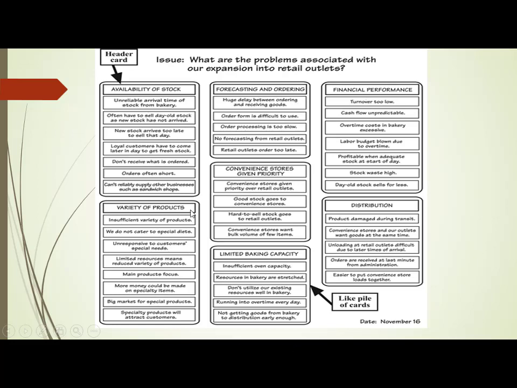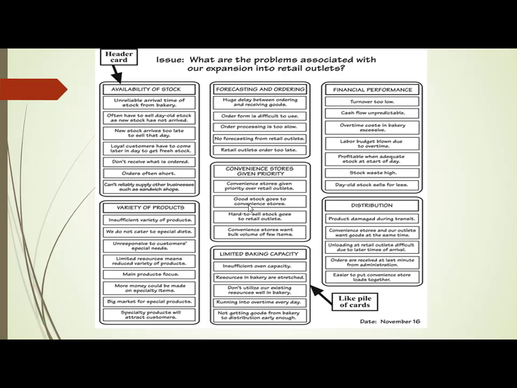So what is that affinity diagrams? First I will collect requirements. Maybe I get thousands, 10,000s or even 20,000 requirements. Then what is my job is to pick those requirements one by one and start putting them in one group, and I will name that group. So you can see that the first group is named as availability of stock. Second group is named as forecasting and ordering. Third group is named as financial performance. Like this, I group them.